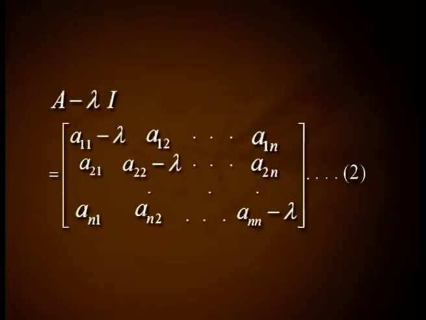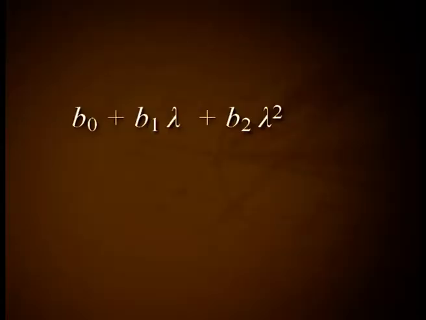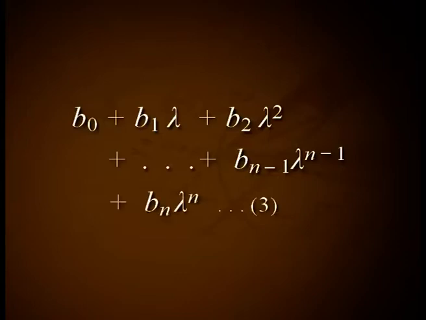characteristic matrix of A and is given by A minus lambda into I equal to the matrix with rows A11 minus lambda, A12, etc., A1n; A21, A22 minus lambda, etc., A2n; etc.; An1, An2, etc., Ann minus lambda, equation 2. The determinant of A minus lambda into I, the characteristic matrix of A given in equation 2, can be brought to the form B naught plus B1 into lambda plus B2 into lambda square plus etc. plus Bn minus 1 lambda raised to n minus 1 plus Bn into lambda raised to n, equation 3, where